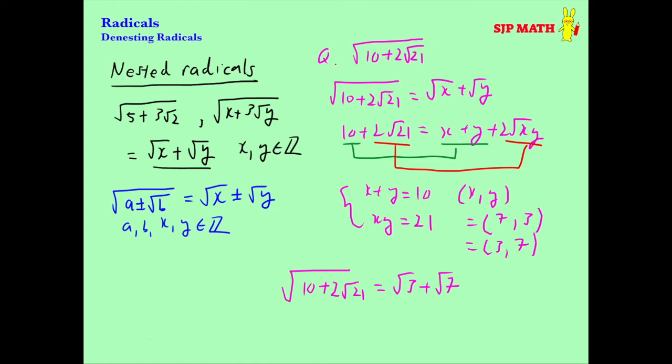So we learn a tactic where we just put it in the form we want so that we can put it in that form later, or how we can group the integers together and the radical parts like that. So it's all about what you take away from the method, not about having this method in your mind so that if this kind of problem comes up, you can just solve it straight away. Well, that would be good, but it's good to take away things that you can apply to a wide range of problems. So yeah, that was it for today, denesting radicals, and I hope you enjoyed this video,